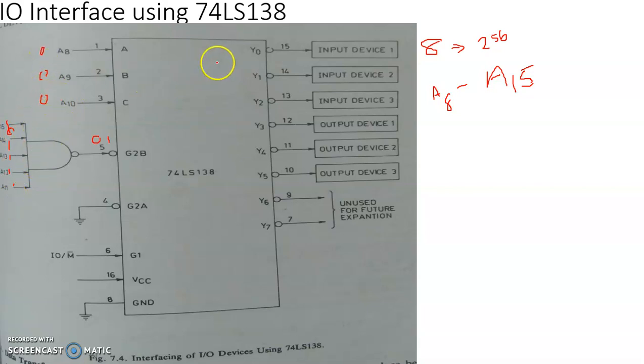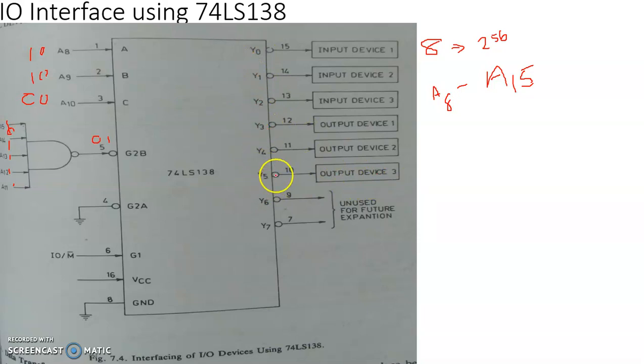With 0, 0, 0, this indicates that this output is enabled and input device 1 will be ready to make a communication with the microprocessor. Corresponding to a status of 0, 1, 1, that stands for 4 plus 2, 6, channel number 5, that is why 5 will be enabled, because we count from 0 onwards: this is 1, 2, 3, 4, 5.